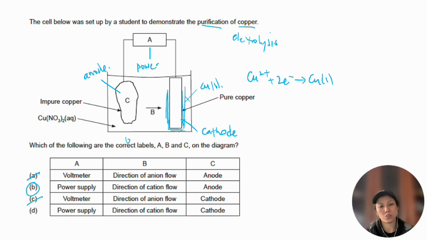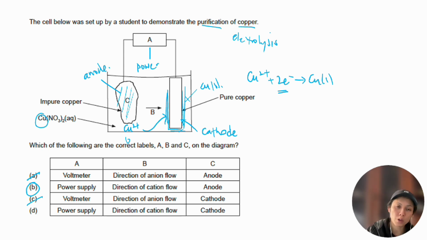The last part is just to show you why B is a cation. What you want to happen here is, if this is impure copper, the whole point of that is you want to get rid of all the other crap, and you just want to pull out the copper from it. And also knowing that you've got copper ions in here, you want that to come over to the cathode. You want it to gain electrons, undergo reduction,